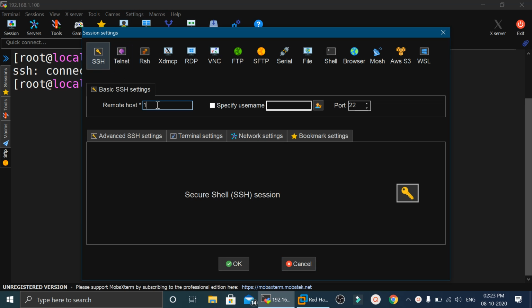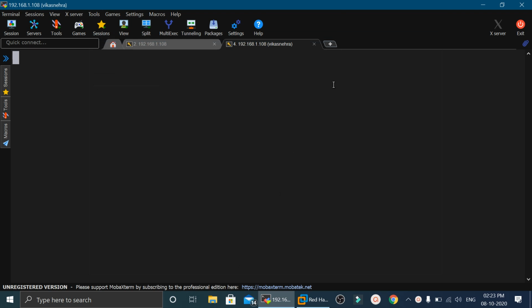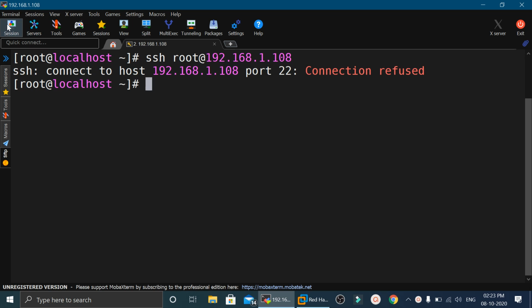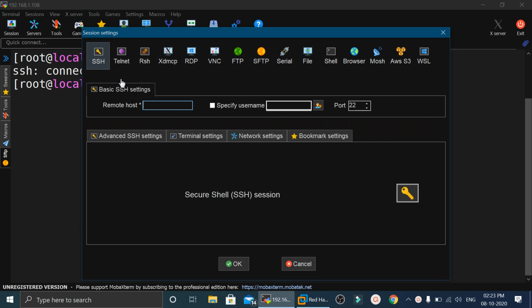Now let me show you with a fresh login. Let me try to do SSH to my machine from some other user account. Let me mention the username as Vikas Nehra, and this time we are using the default port, that is port number 22. Click on OK. Again it will throw an error. It will say connection refused. But if we mention the port number while trying to do SSH to the machine, that is 5152, then it will allow us to log in to the machine.